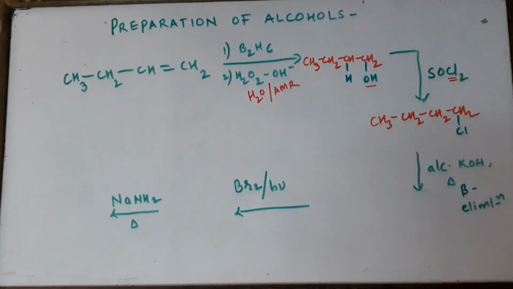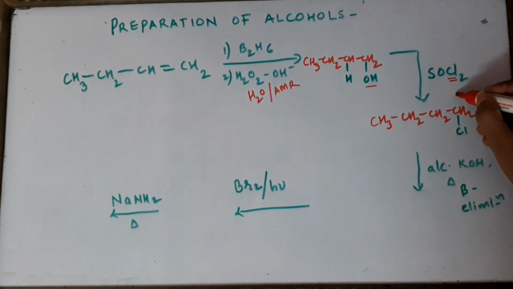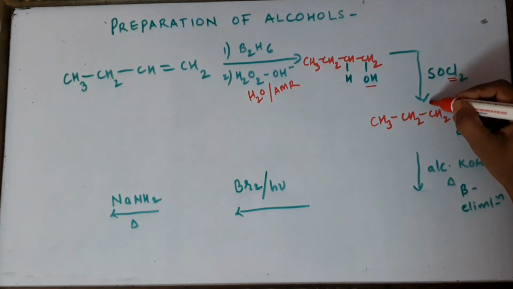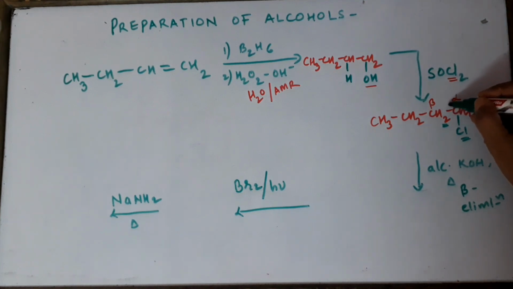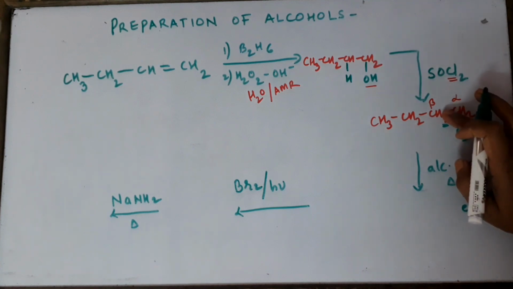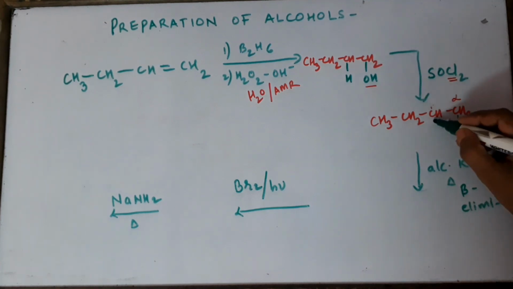What do we do in beta elimination? We are going to remove beta hydrogen atom. Alpha carbon atom is this, the one which is attached to the functional group, and this is your beta carbon atom. And what we are going to do here is remove the beta hydrogen, H plus, and remove the Cl minus. So eventually you're going to get a double bond over here because H plus will go out and Cl minus will go out. Let me show you the mechanism of this first.